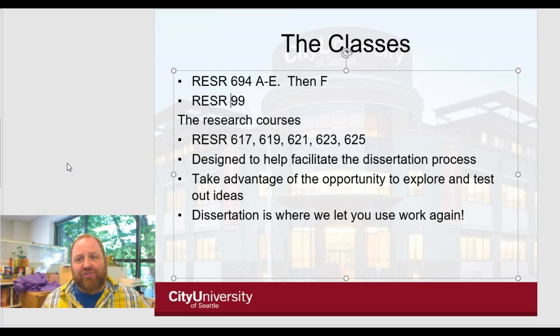Obviously, you know the research sequence, 6, 17, 19, 21, 23, and 25. Those all have to be completed, and during those times you may be working on some of the ideas that you will be putting into your dissertation. However, you don't have to be. You might not have it nailed down until you get into a conversation with your chair during the beginning of the dissertation. My advice is to try to look at different options and do the research, do class assignments around